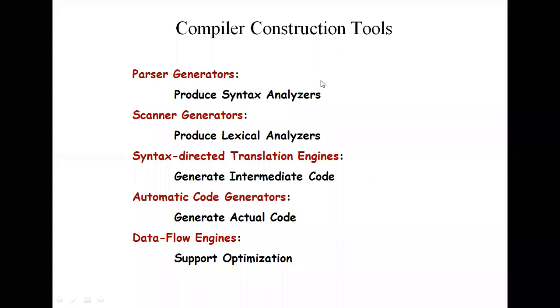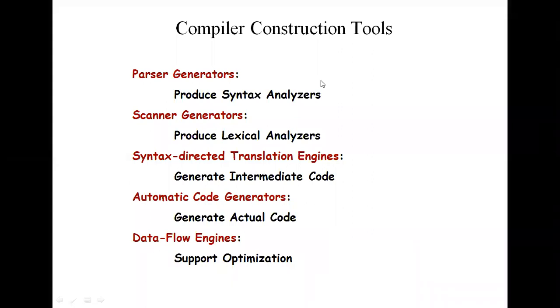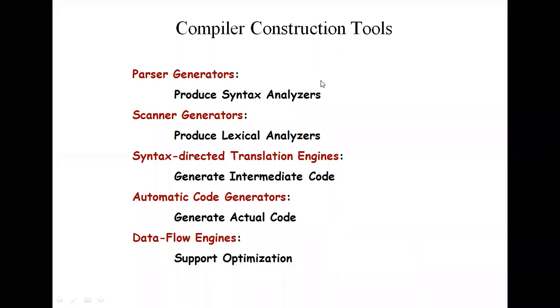What are those? One is a lexical analyzer. The second one is a parser, that means syntax analyzer. The third one is a semantic analyzer. The fourth is an intermediate code generator. And the fifth one is code optimization. And finally, the sixth one is code generation. And by using these 6 phases, we are implementing the process of compilation.